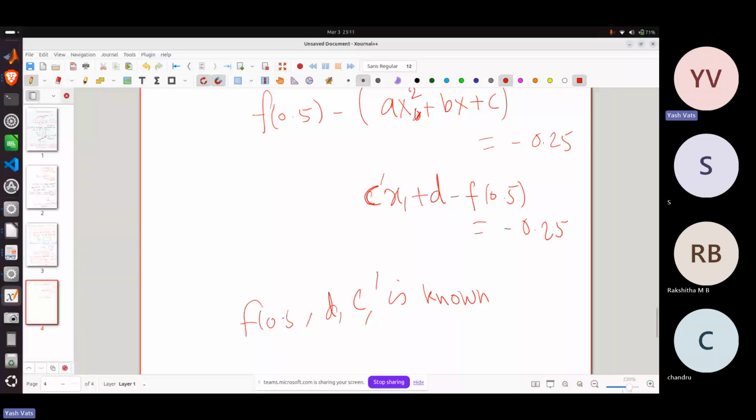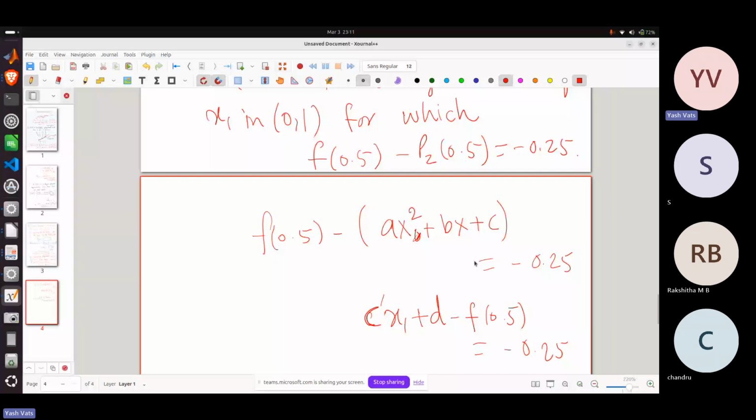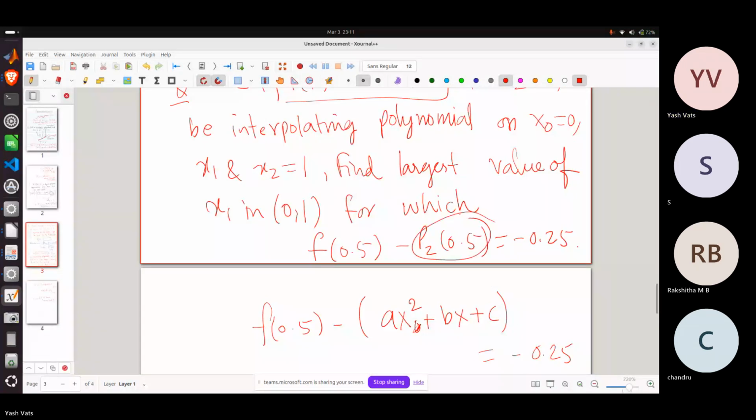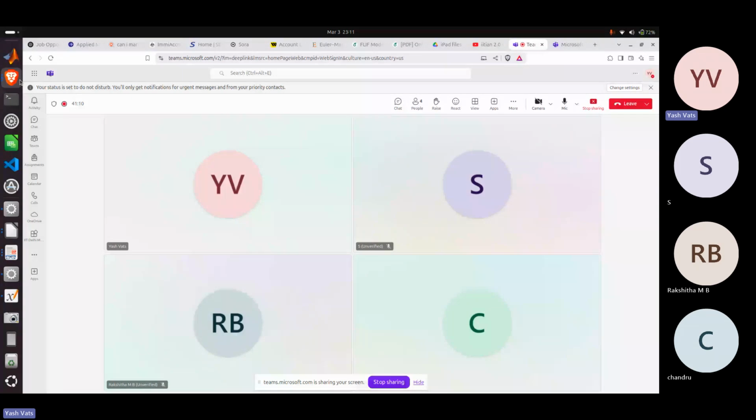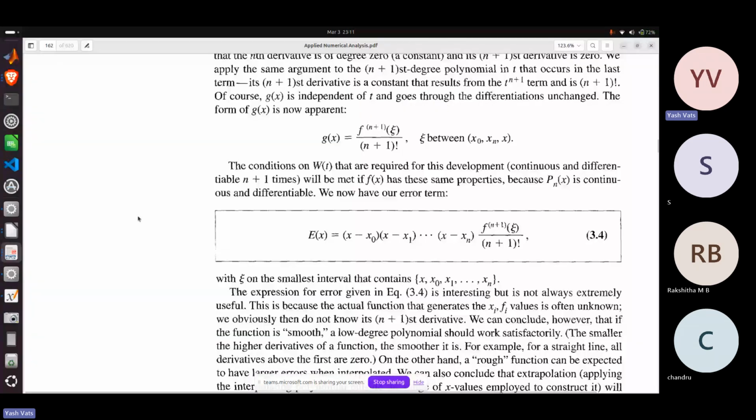Then you can find x1. Is this clear? Just use the definition of what is p2x. Yes, everyone, is that clear? If that's true, then we can move further. Okay. So just remember this formula. By the way, I haven't given you any questions based on that, but the question may ask you like finding